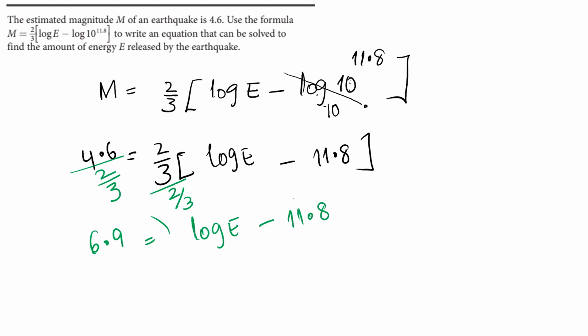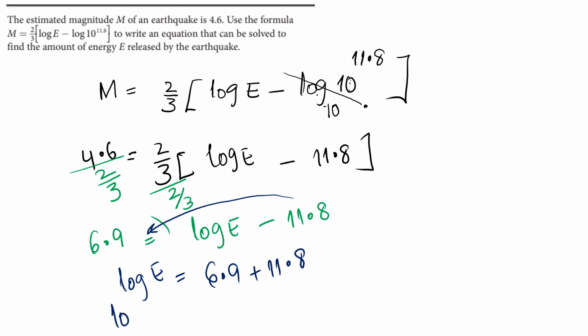Bring the 11.8 to the other side so you will get 6.9 plus 11.8 and here log of E. Now raise the power of 10 on both sides to get rid of this log. So E equals 10 to the power of 6.9 plus 11.8